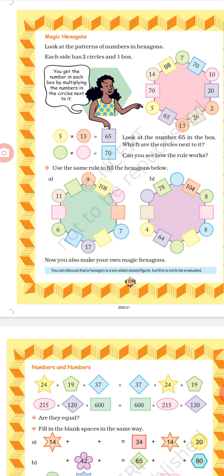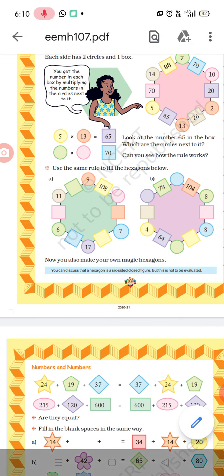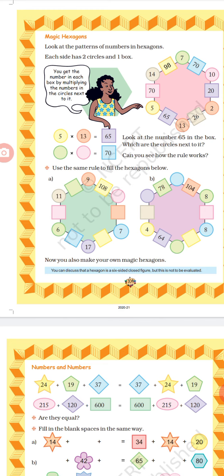Now the same rule we are going to apply ahead. If we multiply 17 and 7, then what answer will we get? 17 sevens are 119. So the answer is 119, which we are going to write in the yellow box. Okay. And then after 17, if you multiply 17 by 6, 17 sixes are 102. It means 102, which we are going to write in the blue box.